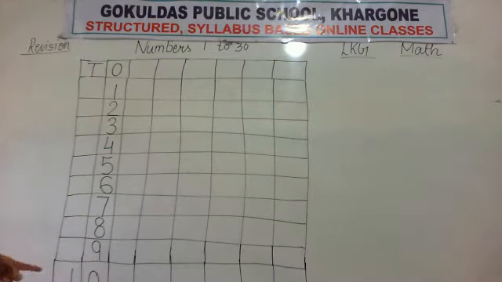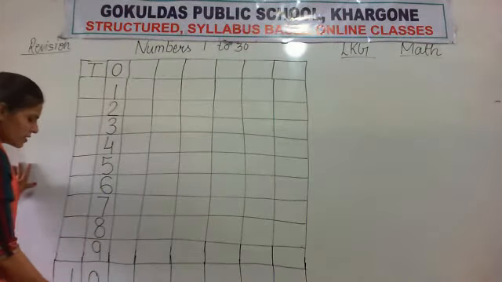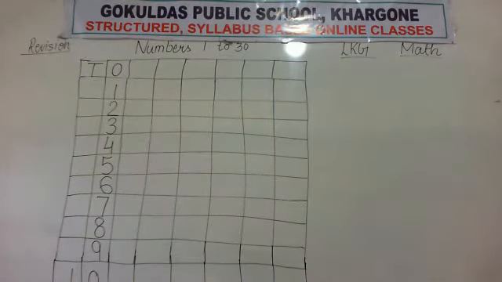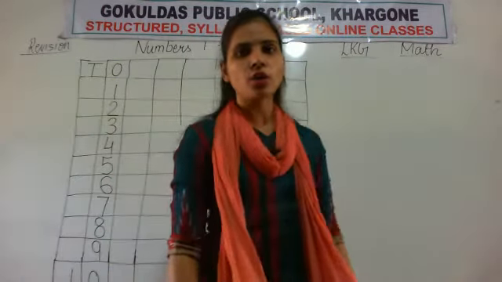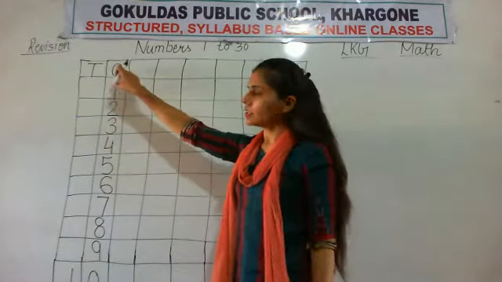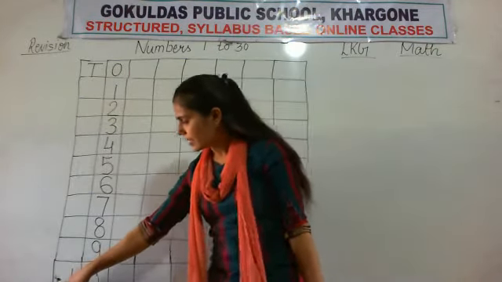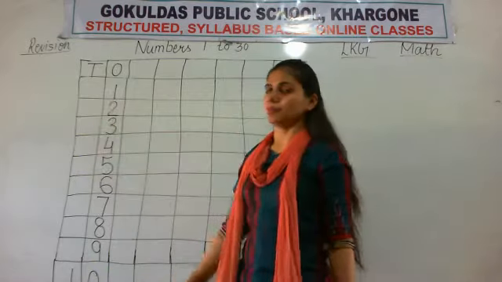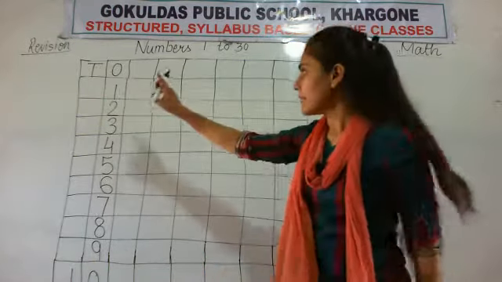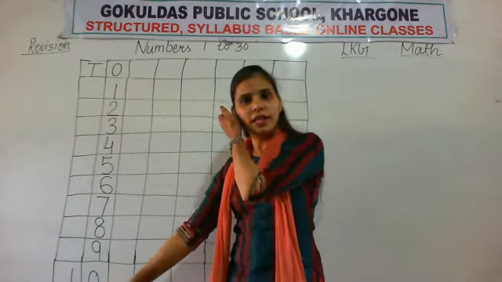Okay, so complete this line from 1 to 1, 0, 10. Like this. See here, in the O column you write 1 to 9, then 1 in the right T column and 0 in the right O column. Tens and ones. Okay, tens and ones already given, so you start from 1 to 1, 0, 10.